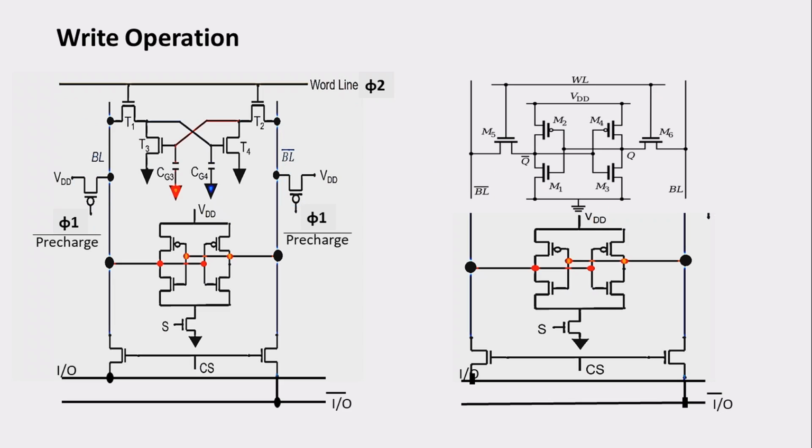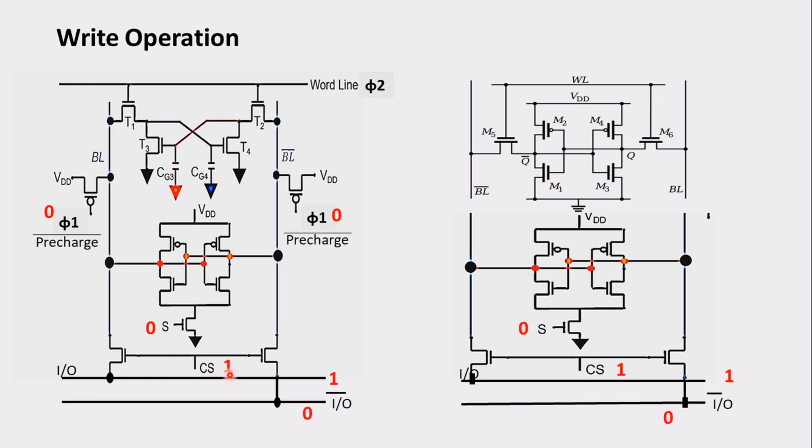Now this is going to happen in the pre-charge phase. The writing will happen when we make our pre-charge 0, and then make our write line 1. Since I am not sensing anything, I will make my sense amplifier input 0 over here, since I need to get the data from this IO bus. So here we are having this IO bus.